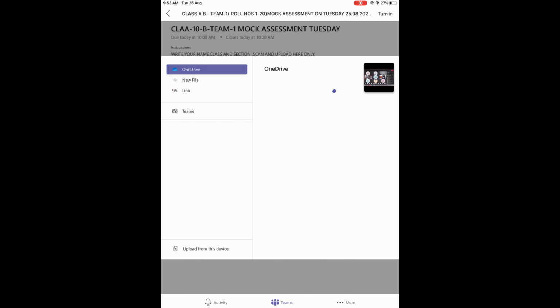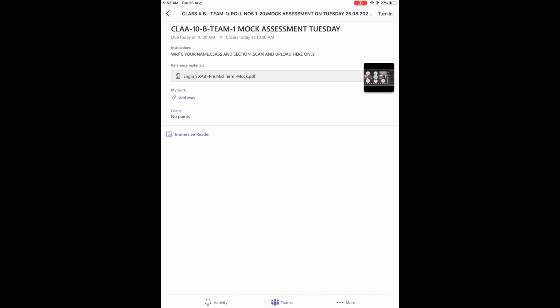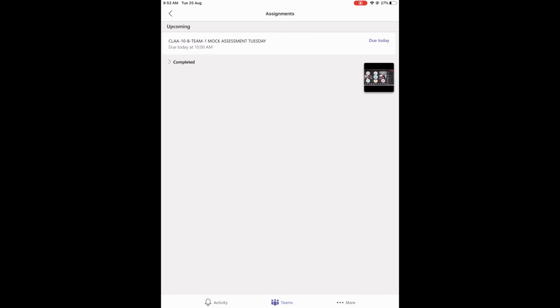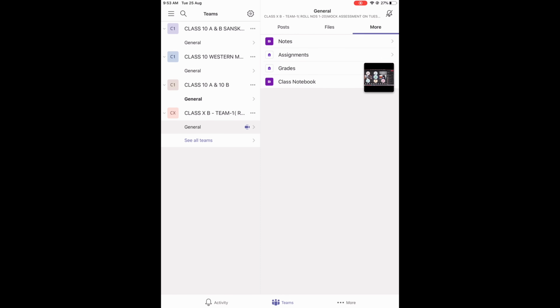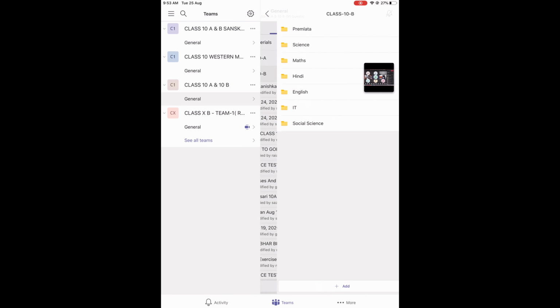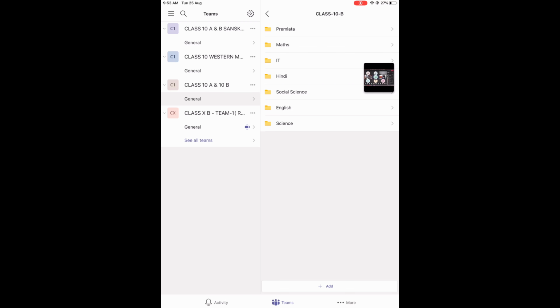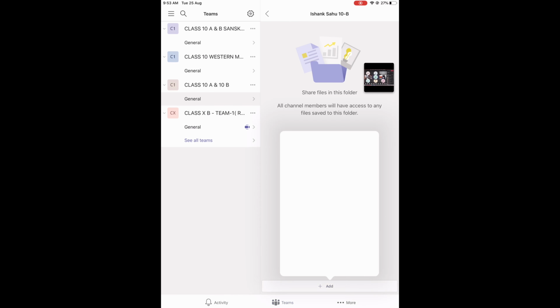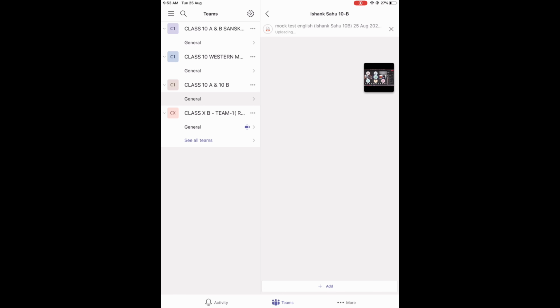showing you how. So first you have to go back to the main screen where you see all the groups there are, the Teams group. Then you have to go to the files and upload it somewhere in the files where people cannot see, like this place. I'm just going to upload the file that I have to submit or upload in the assignment.